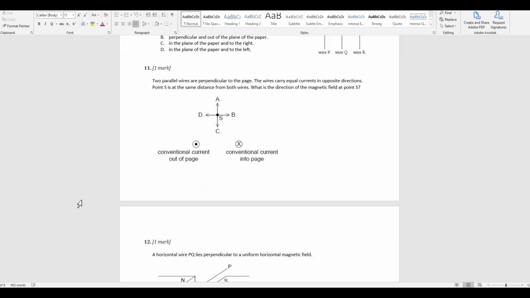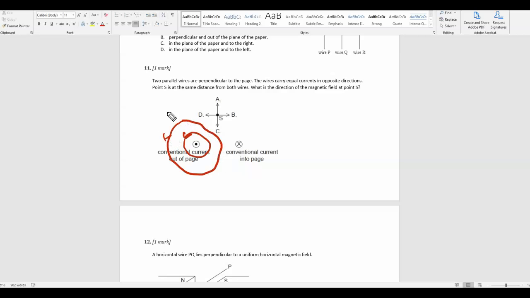Question 11, two parallel wires are perpendicular to the page. The wires carry equal current in opposite direction. Point S is at the same distance from both wires. What is the direction of the magnetic field at point S? Okay, so let's see what this field would look like. So let's say this wire with the current coming out of the page. I use right-hand rule number 2. I put my thumb coming out of the page, and basically, if you do that, what it should tell you is that the magnetic field encircles this wire